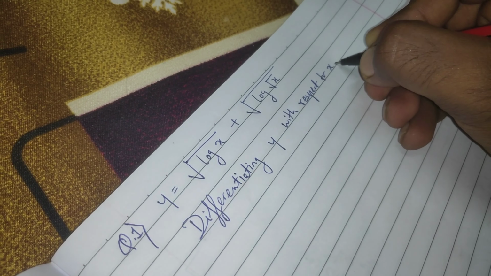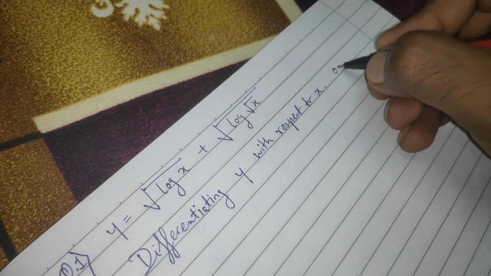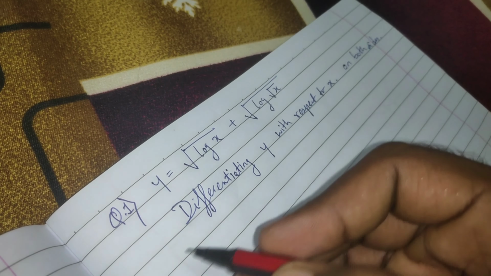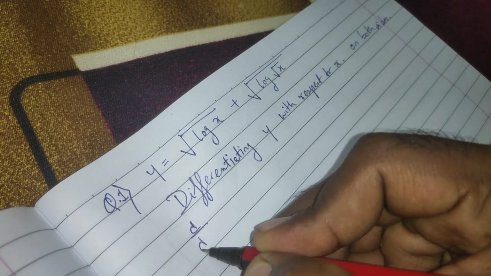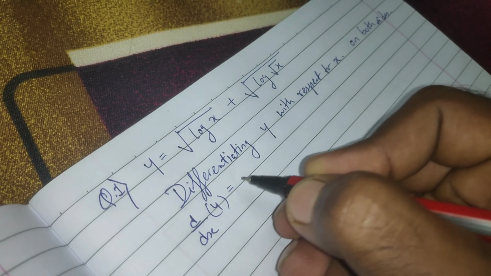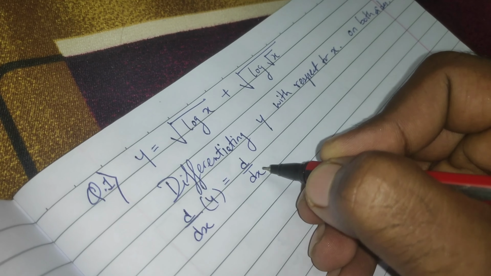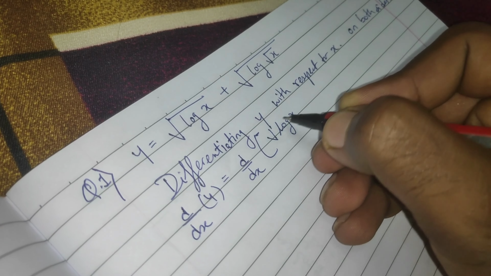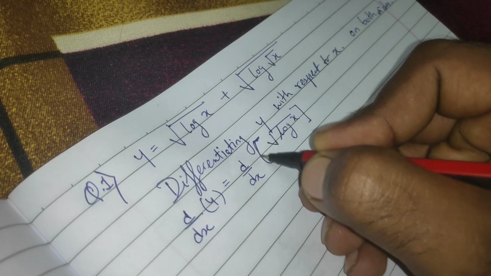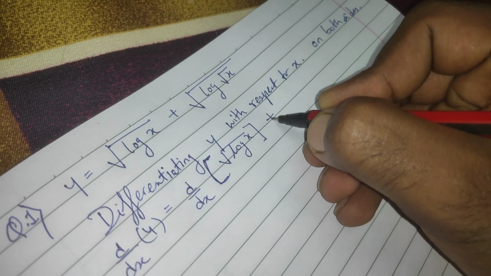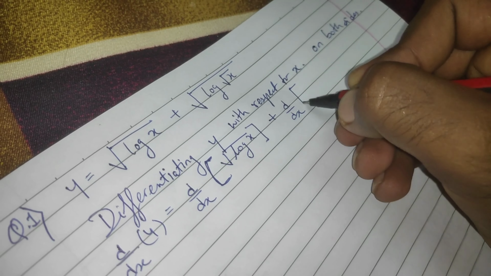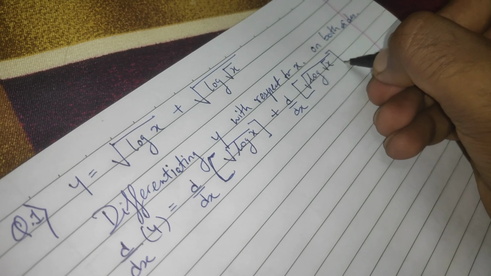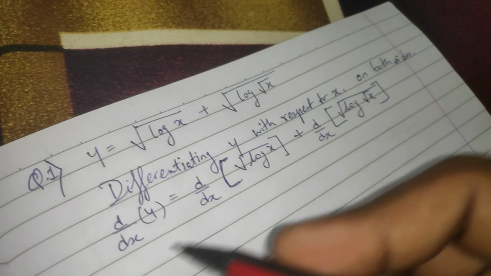So now differentiating y with respect to x on both sides. So d by dx of y equal to derivative d by dx of root log x. The derivative goes to both, so plus d by dx of under root log under root x. Okay, so we have to write step by step. I am doing it